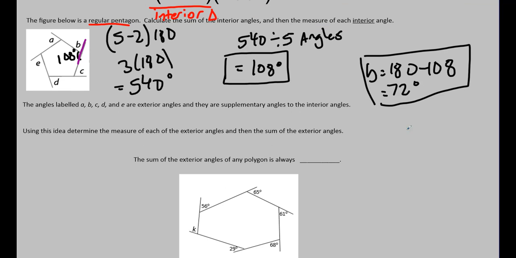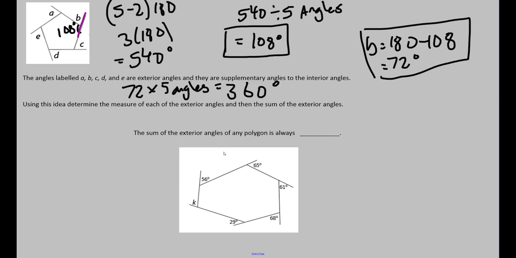And you'll notice that if I added up all of these A, B, C, D, E angles, 72 times 5 angles, you'll see that the sum of the exterior angles is 360 degrees. And the reason for that is if you converged all of these and put them closer together, and I'm going to post some videos to show that, it makes a complete circle, and a circle is 360 degrees. So the sum of any exterior angle of any polygon is always going to be 360 degrees,